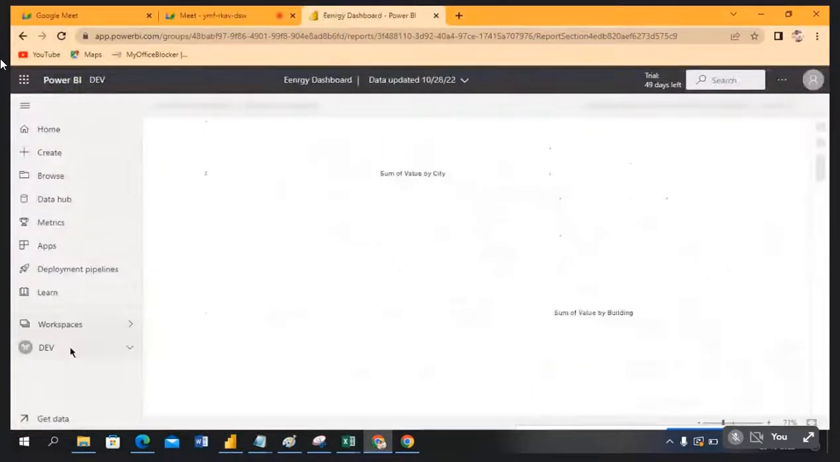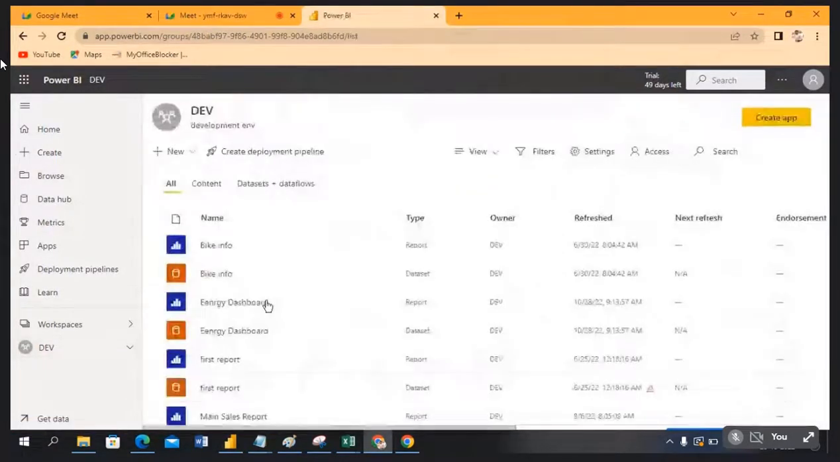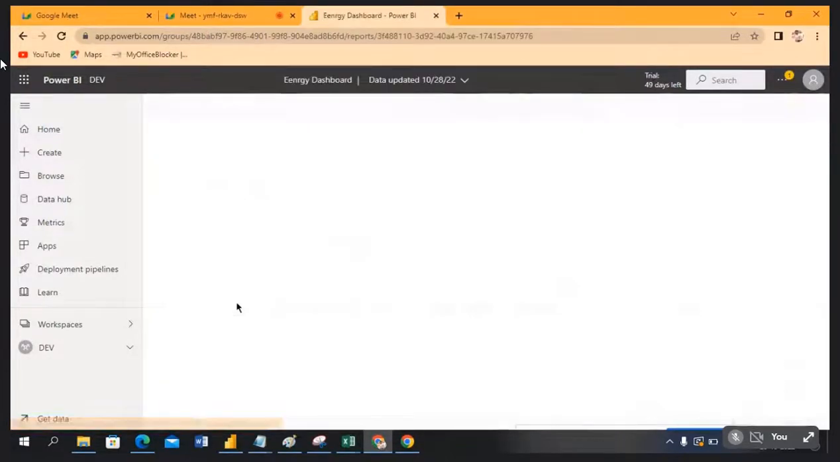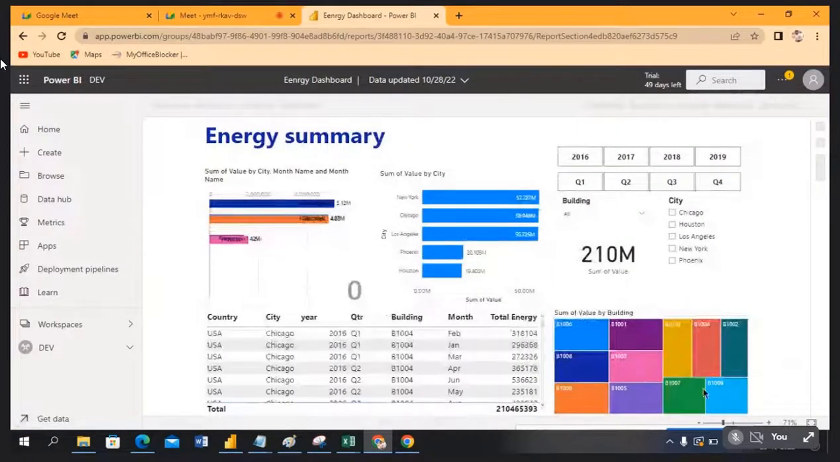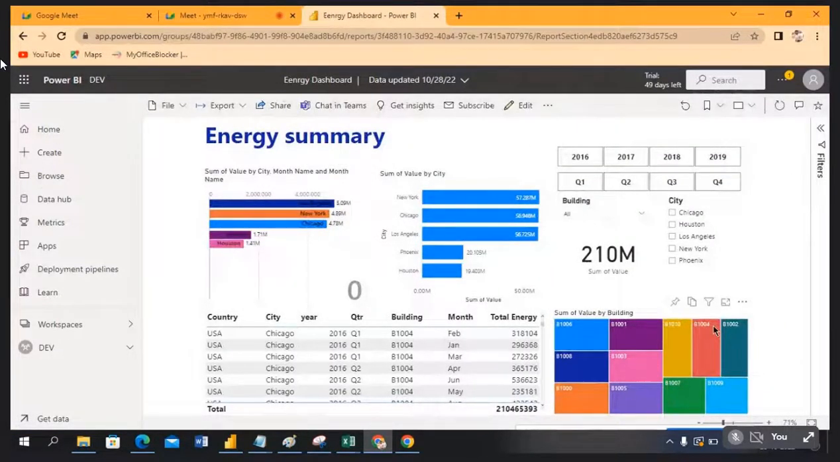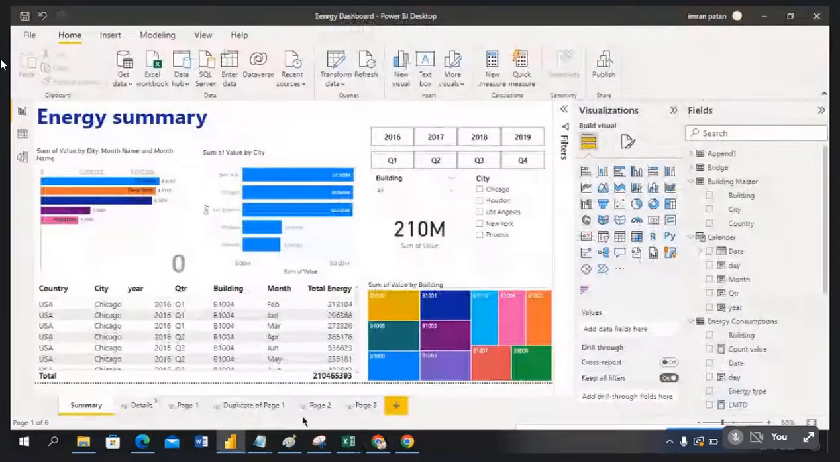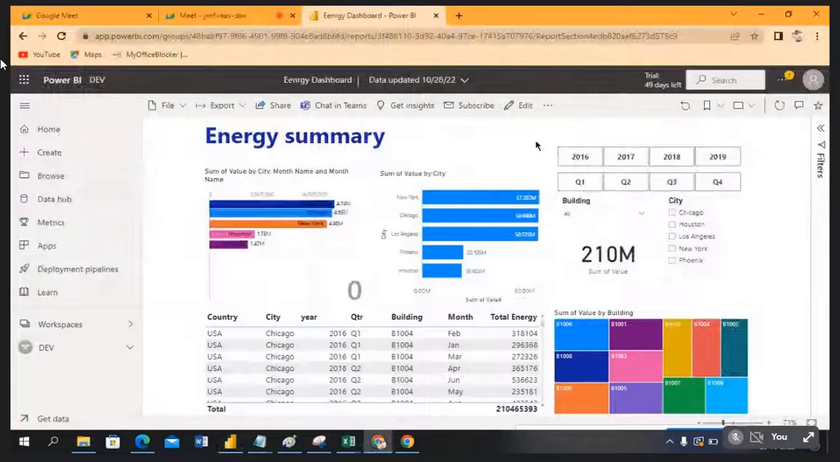Go to the cloud. Refresh. Select the dev. So this is your energy dashboard. Click here. Now you can see, guys, only a single page is coming because I published only this summary. The rest I hid, so they are not applicable. Now from here,